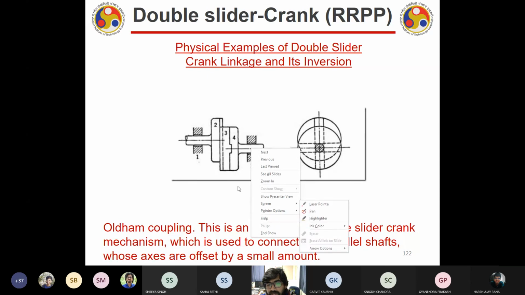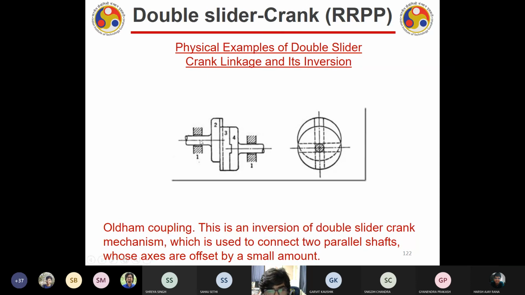What is the meaning of this? As you can see here, there is a shaft which is connected in this frame, and there is another shaft. I want to transmit the motion from this shaft to this shaft. Now, how do I couple? If these two axes are properly aligned, collinear, then no issue. I could have welded this and transmitted the motion. But as they are not aligned, I need to create a flexible coupling so that it can accommodate this gap. In that case, the same inversion which I have just shown you can help.